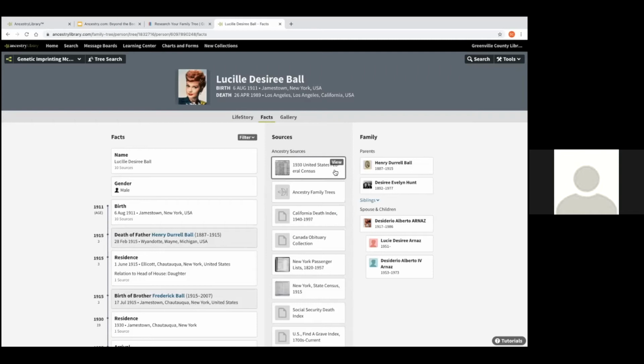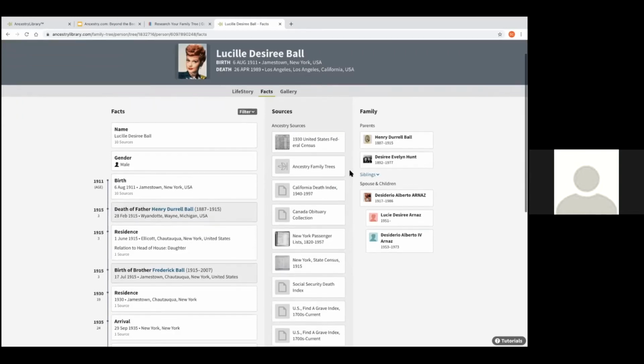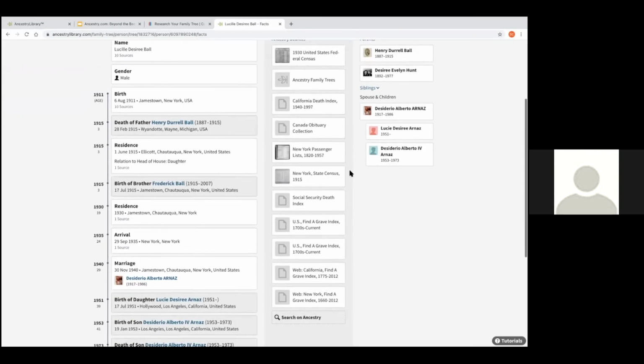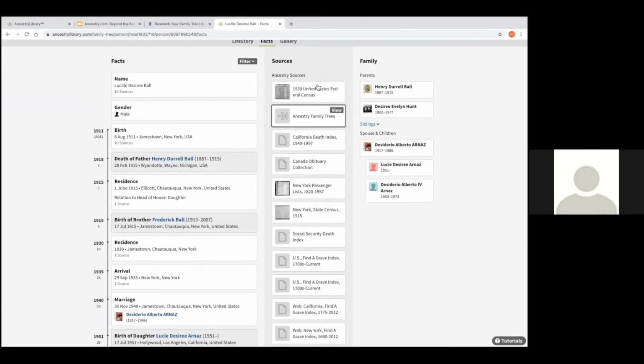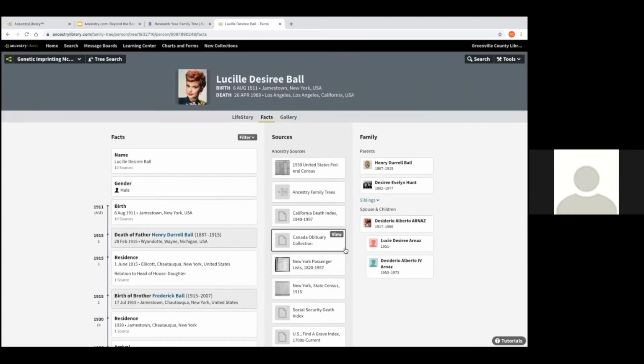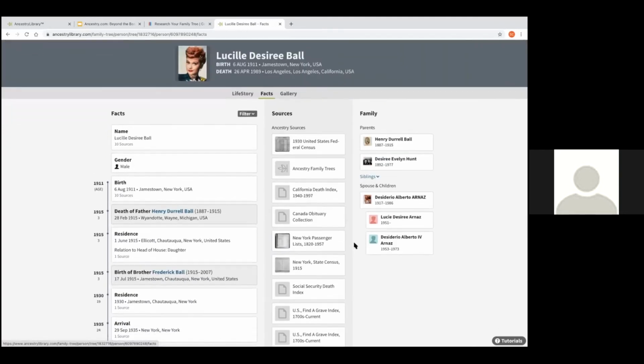And I can see that this person has added several sources, and I can even click on these and view and evaluate to see if they actually do pertain to Lucille Ball. And I'm going to be honest with you, I've used a public member tree and I've seen some where they've cited sources, but when I've gone into the source, it hasn't actually been my family member because I found things and I'm like, this is a different person with a similar name and it's not them.